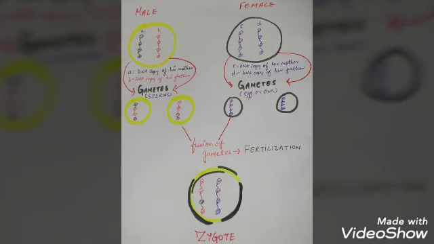Now remember, the process of fusion of gametes is called fertilization, and after the fusion, the cell that is formed is known as zygote. Male gametes are usually smaller in size than the female gametes. Why? Because the male gametes are motile, that means they can move, whereas female gametes are bulky and non-motile. Why? Because they have to contain the food source for the zygote.